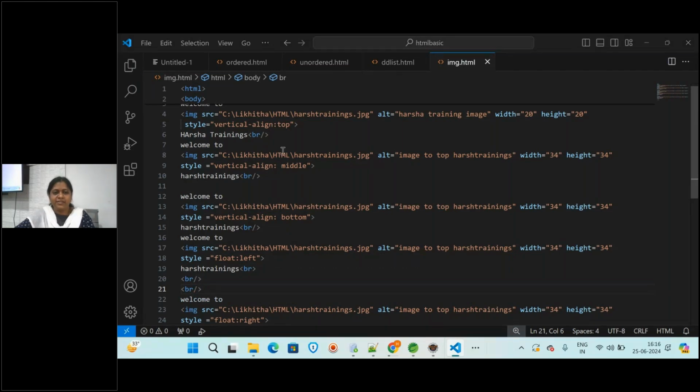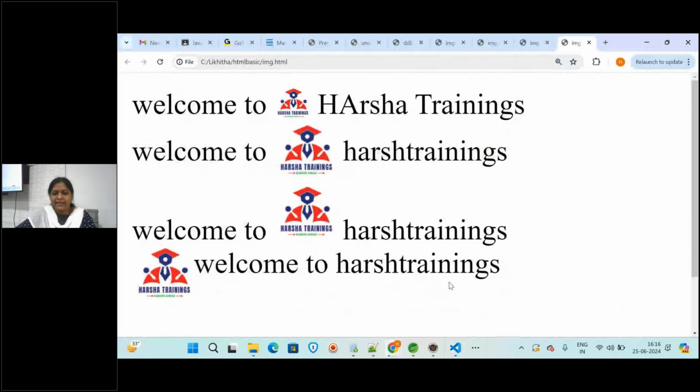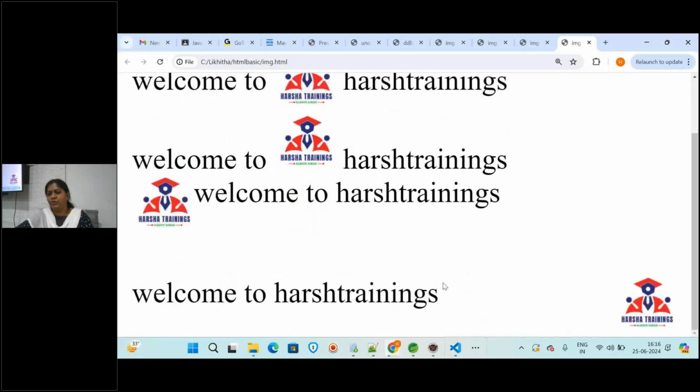So now I'm saving this. See, you will be getting it to the right and left side of the page. So float you have given to the right and float you have given to the left.